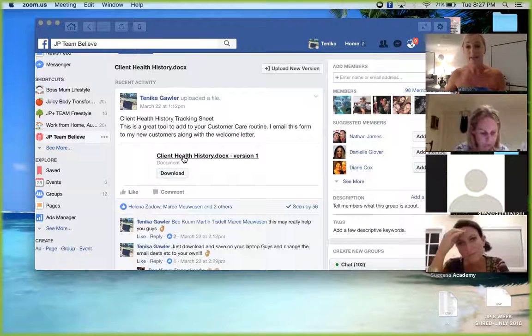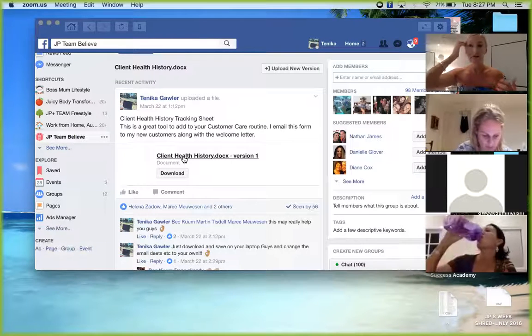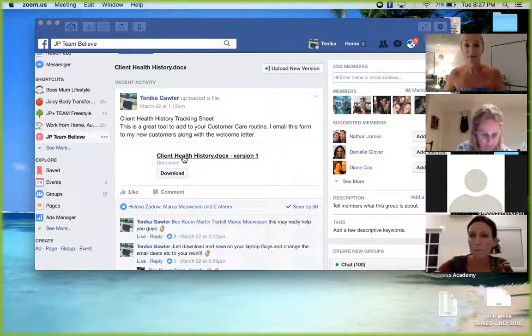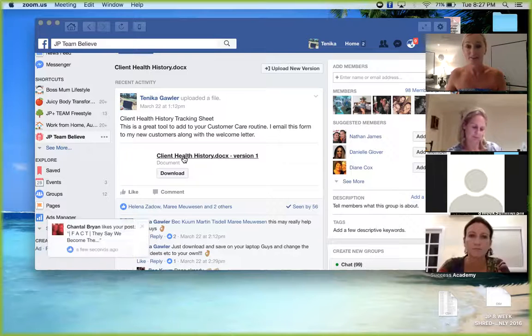It's basically putting those questions in black and white to make them think about those questions, because sometimes people might be on the product for a couple of months and they'll go, oh, I'm not really noticing any differences. And then you start asking them those questions, and they're like, actually, now that you mention that, yeah, I'm not having 4 coffees a day, I'm only having 2 or something like that. So it's really important that we make them think about these questions,